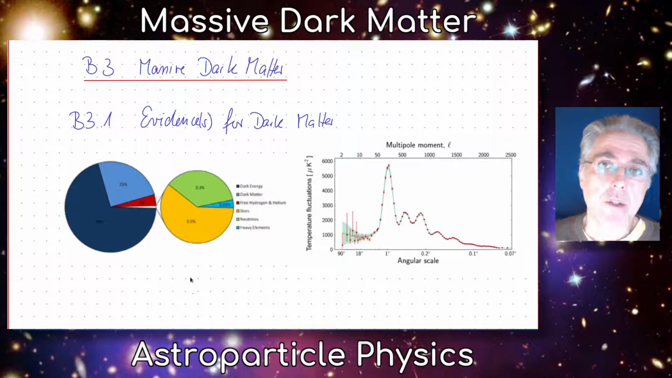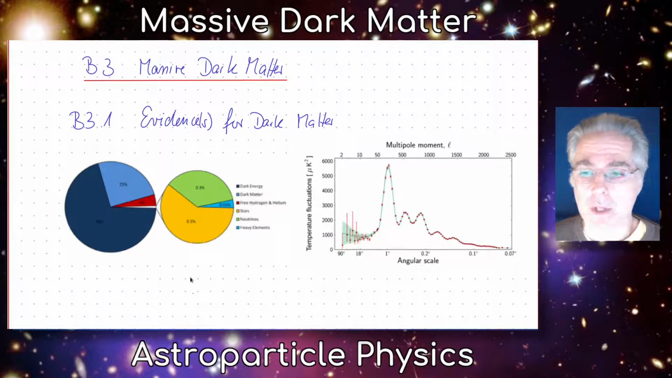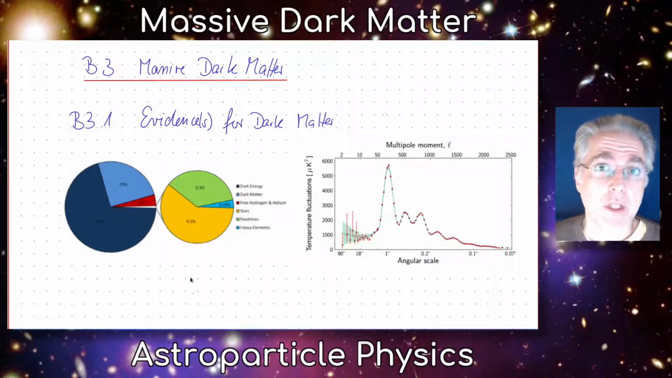Section 3 deals with massive dark matter. Let's recap the evidence for dark matter that we are already aware of. The most important part is the actual measurement of the cosmic microwave background, which we've been discussing in the previous